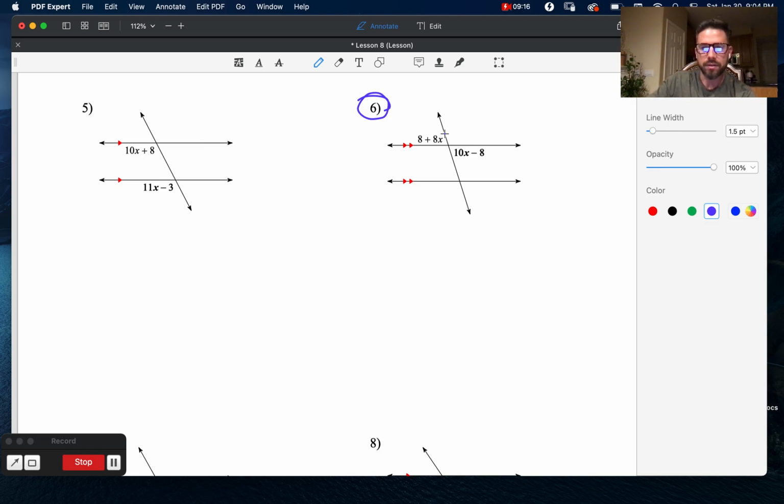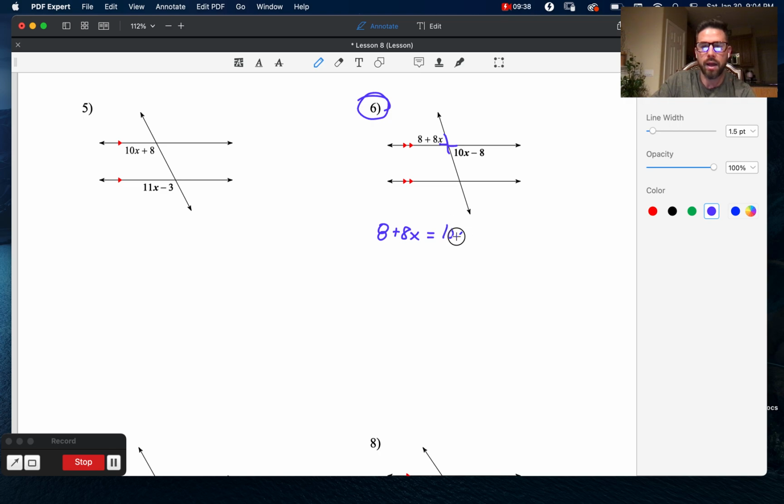Okay, here's the thing about 6. They're vertical angles. And if you know vertical angles are congruent, you just set them equal. What's different, if you don't know that, you would say, okay, this guy's acute, he's small. This guy's acute, he's small. So small and small means set them equal. Okay, so let's set these equal. 8 plus 8x